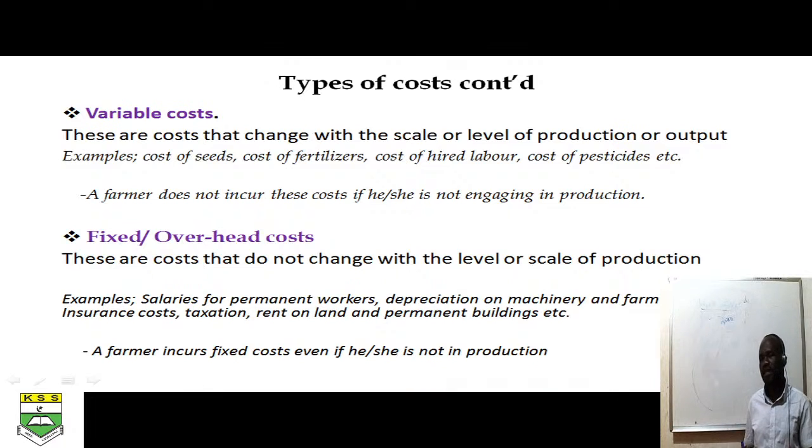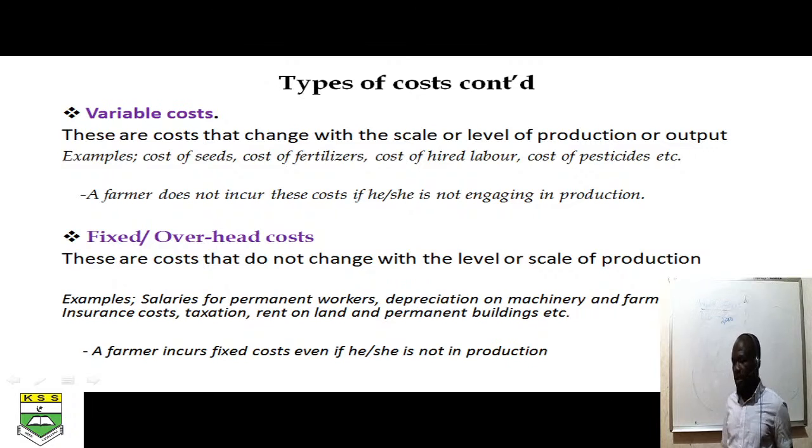If I'm applying a fertilizer, I want you to have a small idea. If you remember the map of the school very well, the lower pitch. If you're applying a fertilizer on that lower pitch alone, you may use about 20 bags of fertilizer. But if you decided to cultivate land both on the lower pitch and the upper pitch, you will have to add more fertilizer. So the amount of fertilizer you are adding is varying based on how much you are producing. So those costs that change with the level of production are what you call variable costs,